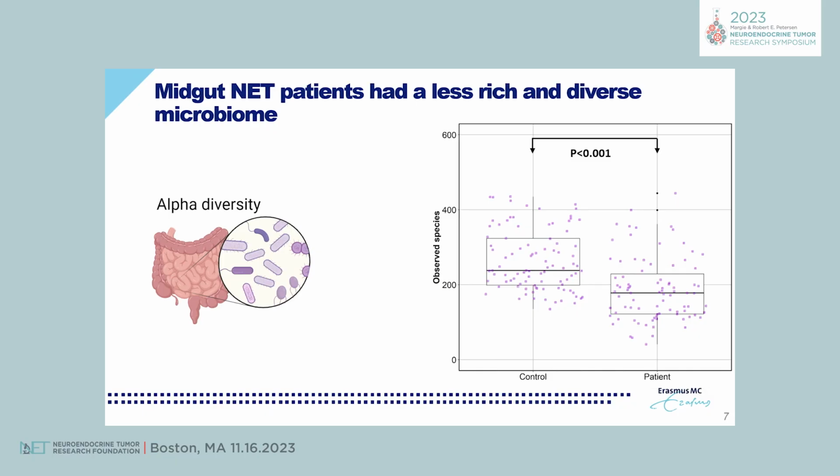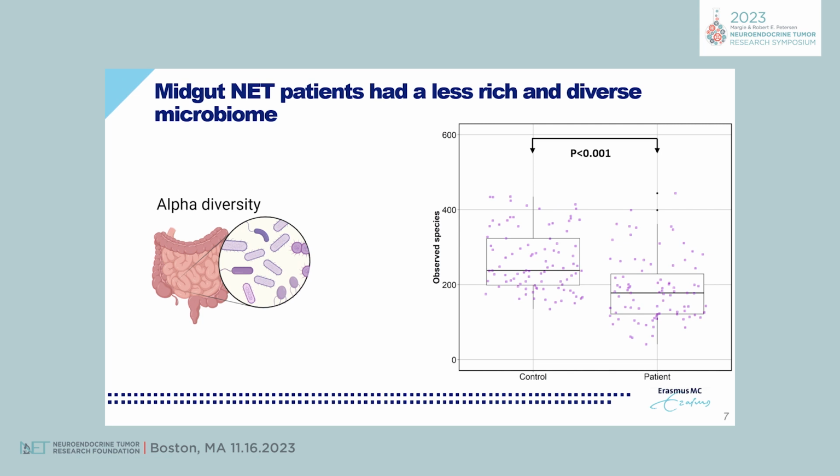So first, when comparing the counts of bacteria, we see a clear difference between our 2 groups. We see that the patients, where each dot represents a patient on the right side, have a lower bacterial count compared to controls. And this difference was statistically significant. There are also other measures of alpha diversity, where you also take the spread, the evenness of these bacteria in the sample into account. And again, we saw similar results. We also corrected for relevant confounders with a linear regression model, including certain types of medication and previous GI surgery,